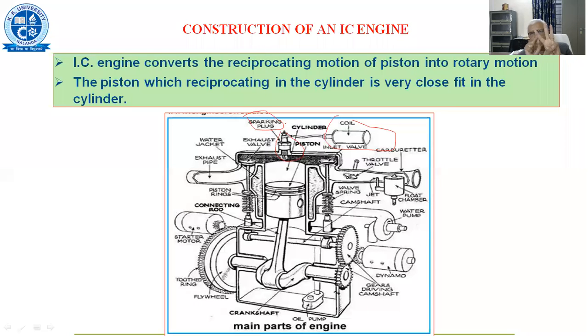So if you find 3 such cables going into the engine cylinder head, then you can decide, okay, this particular engine has got 3 cylinders. So this is the arrangement. Here, what are we now discussing? One particular system that's called the ignition system or the firing system. Ignition system in the case of an SI engine or the petrol engine, and firing system in the case of a diesel engine or CI engine.